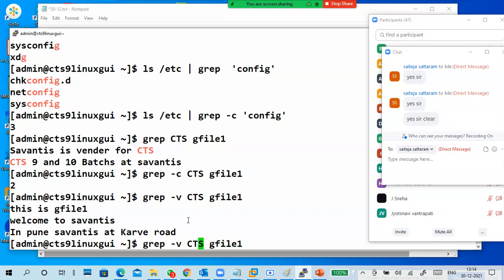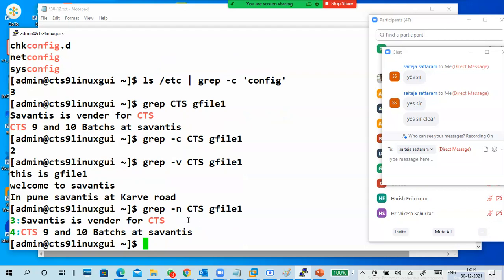And what are the lines with cts? I want them with the line number. Hyphen n. Yeah. The third and fourth lines have the word cts in them. Good. So that's it. Anyone